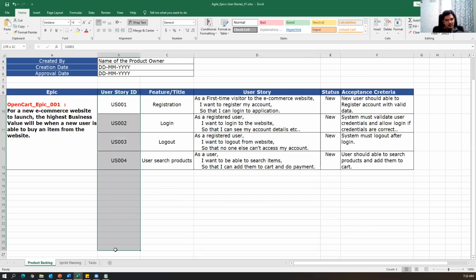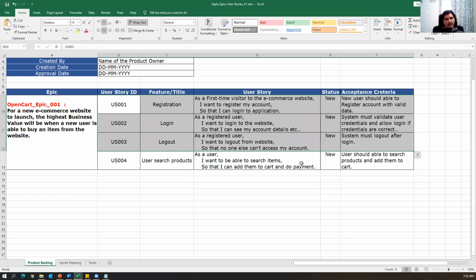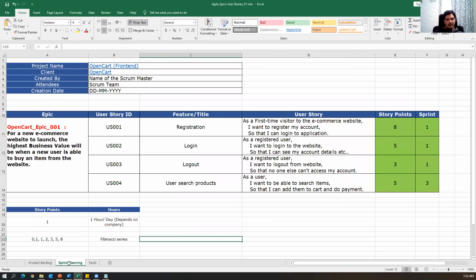So there are many stories like this, and accordingly we will also have a sprint planning meeting. During the sprint planning meeting, we will prepare a sprint backlog. We will choose some of the stories, estimate them, and plan them for a specific sprint. Now how does a sprint backlog look? Looking at it here, this is a sprint backlog. Again, I pick the user story ID, the features in that particular backlog, and the user stories. Here, additionally, we add two columns: story points and sprint.